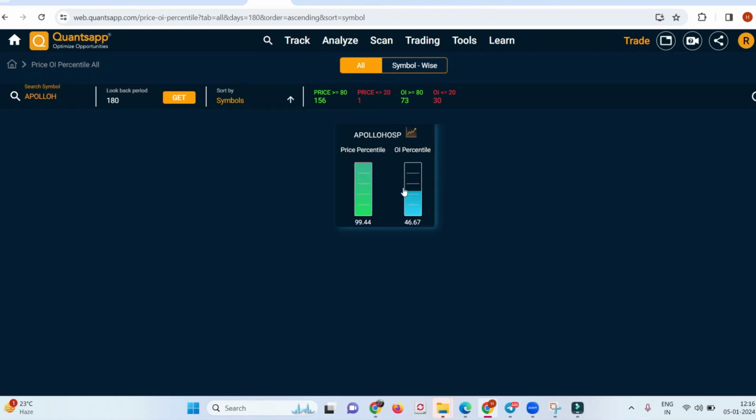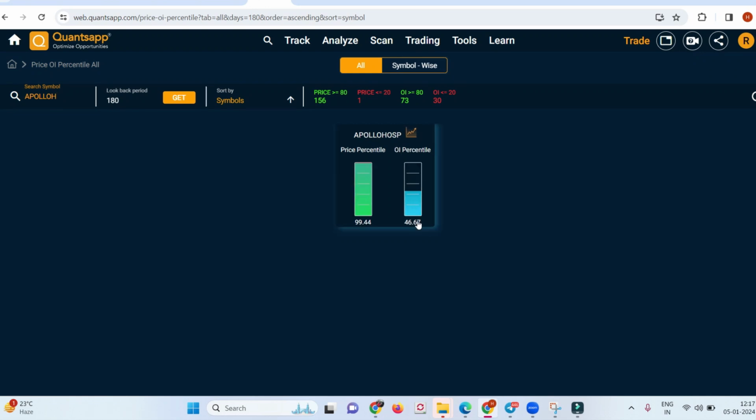End of the day, I said open interest. Are the people interested? Yes. Price wise, it is above its average price, at 99.4%, and open interest is 46. This is one of the, I would say, concerns. Basically I need 70%, 80%, but who knows, by the time I'm waiting for this to become 80%,